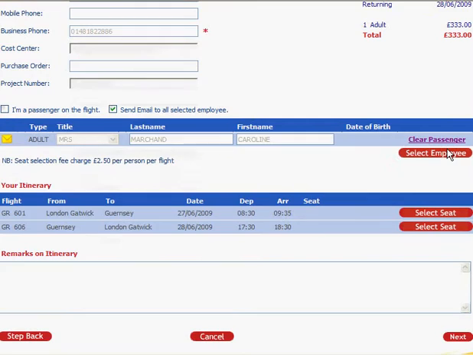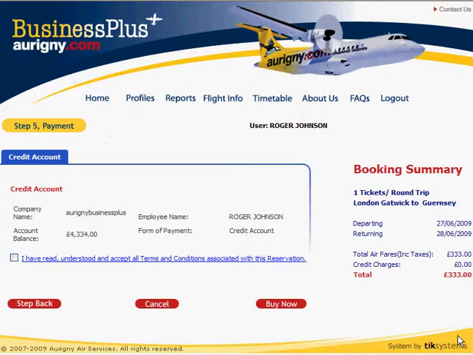Final part before the flight confirmation is the payment. Now this can be set up differently. It could be by credit card or company credit card, or it could be by credit account. And a credit account basically means that they have a month's credit with Arini, so there'll be an invoice at the end of the period. So to confirm this, to take away £333 from a balance of 4,000 odd,